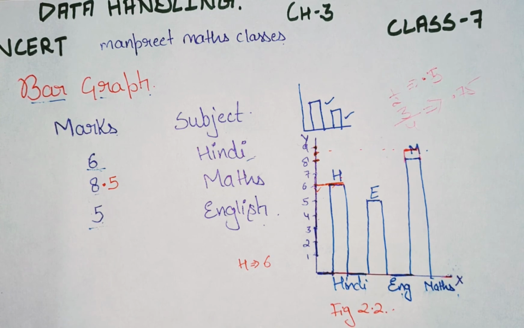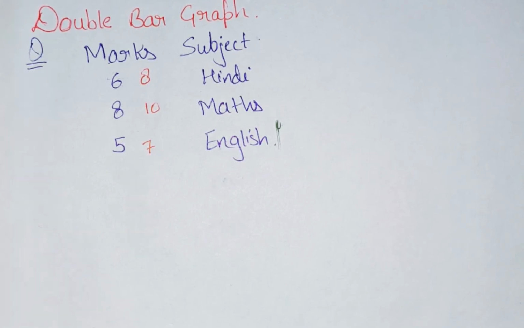Okay, now the second type of graph which you have is the double bar graph. Now we will study representation of data on a double bar graph. Just now we represented the marks of the student on a single graph. Now we'll take one more example to understand the double bar graph, and this also will take the marks of a student but in two terms. So in your question here, 2 marks are given for 3 different subjects. The marks which I have written with blue pen represent the marks of the first term, and the marks which I have written with red pen represent the marks of the second term. Now we'll understand how we will represent it on a bar graph.